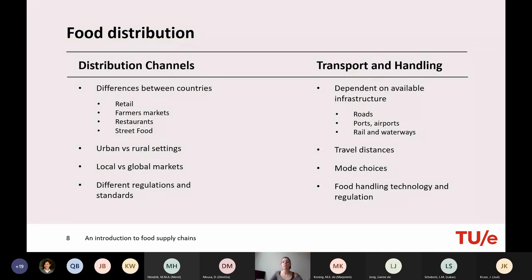And then we can consider the food handling technology and regulations in this context. So what type of technology do we have available? Is there machinery involved with which we can handle these food products? Do we need cold chain technology? Is there any regulation with regards to quality of product, safety of products that we need to ensure? Do we have to clean our trucks several times? And do we have to, I don't know, keep a certain temperature to make sure that the food is safe, for example.